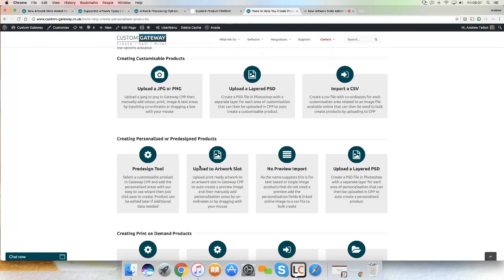So hopefully this isn't designed as a tutorial to show you exactly how to do everything. It's really designed to open your eyes to the different methods that are available for creating products and the concept of an artwork slot. What we've found in recent times